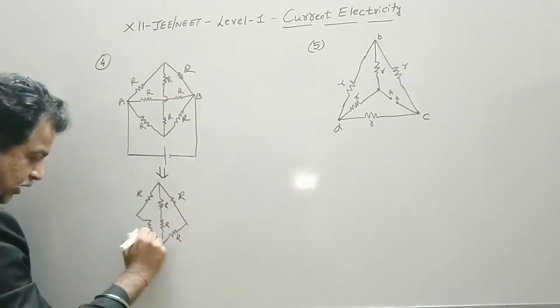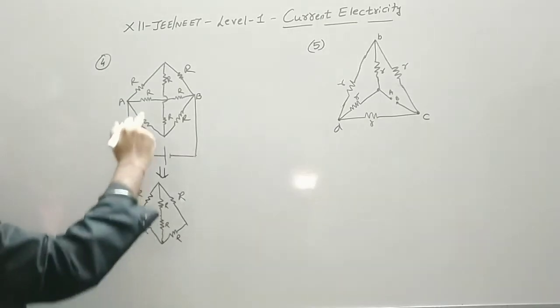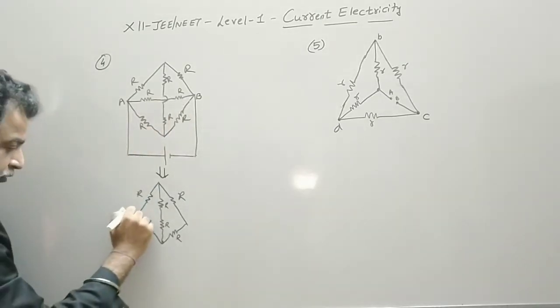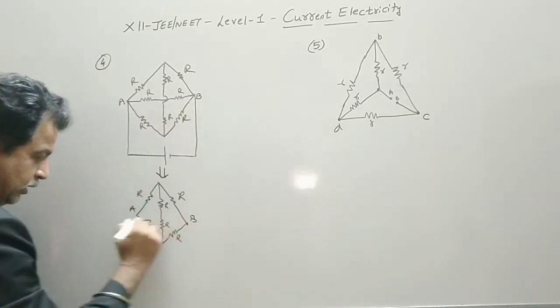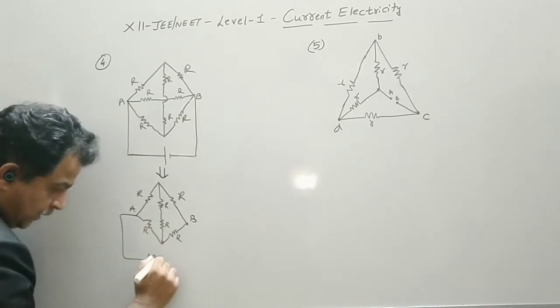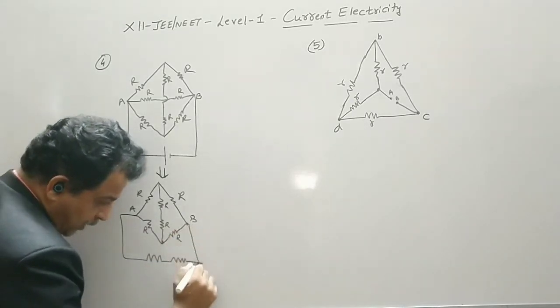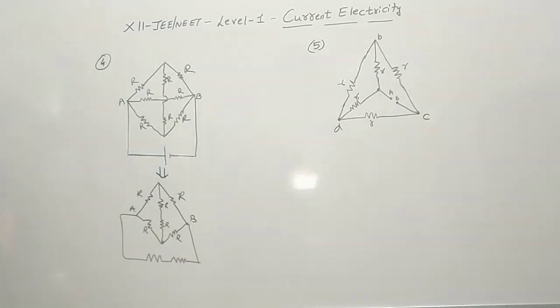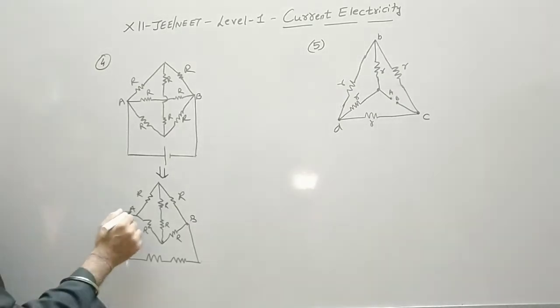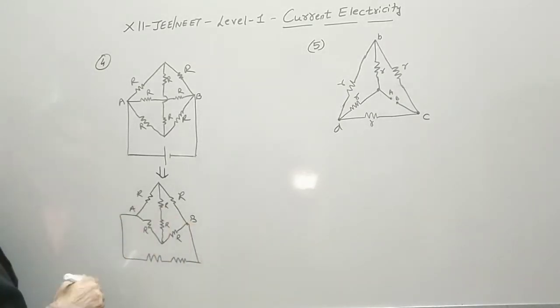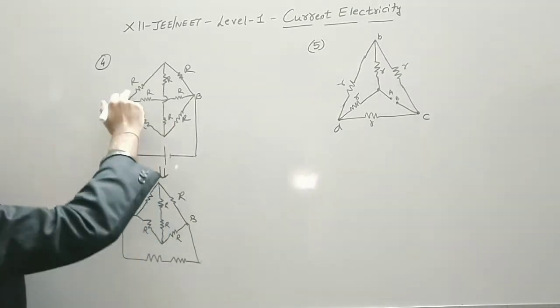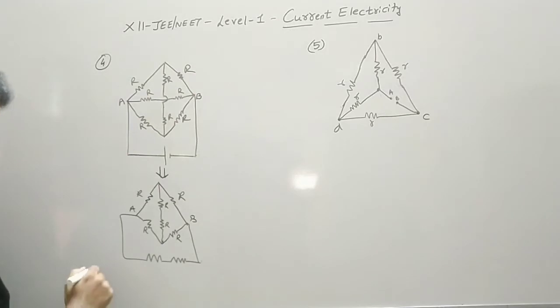We have to just say these two resistances which are connected between the points A and B. So this is connected between point A and B. Now we connect a battery with points A and B in such a way that the current is divided into three parts at the junction A. A and B are the junctions.